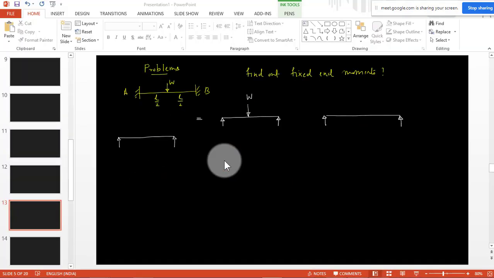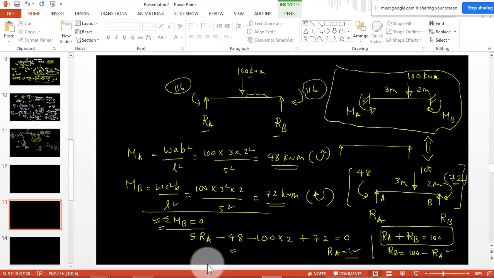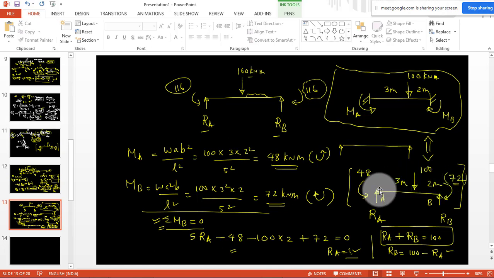First step is to get the values of MA and MB from the moment area theorem. Once you get the moments, you can solve for reactions. The next step, if you want, is to find the deflection also, because now you can apply any method for deflection. But in fixed beam analysis, usually the question will be to find the fixed end moment. You will not do the next step, because once you get the reactions or moments, you can find the displacement, because force and displacement are related. This is the procedure.